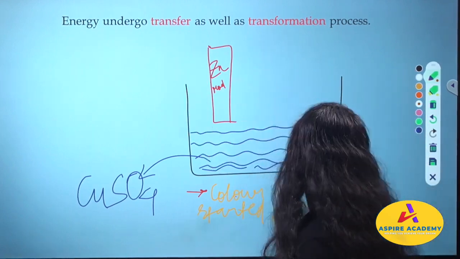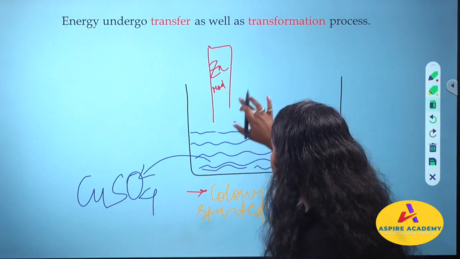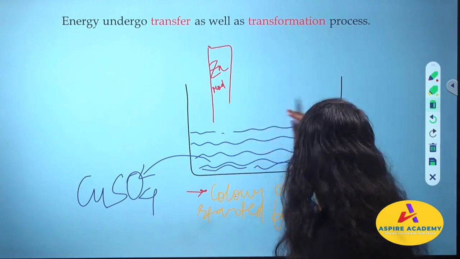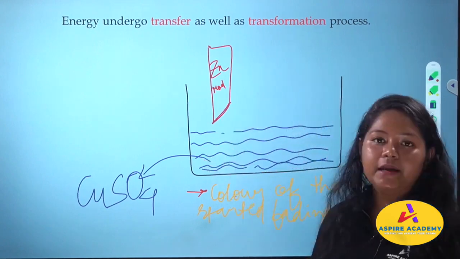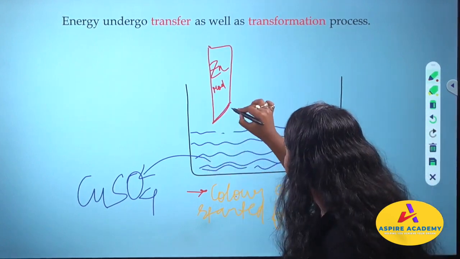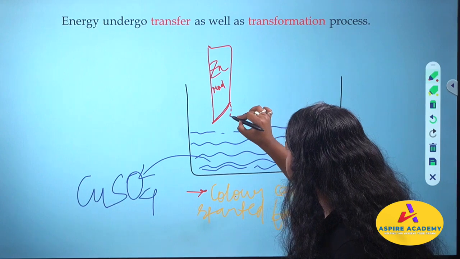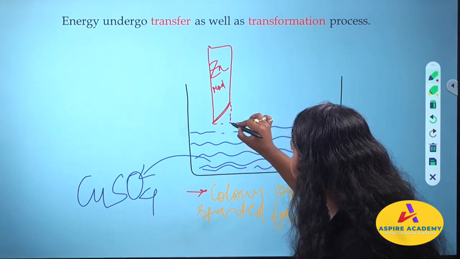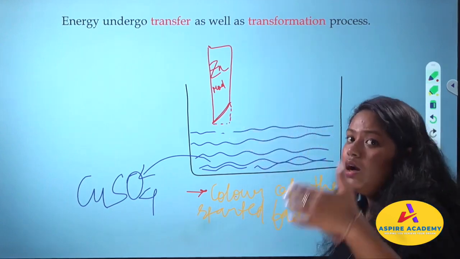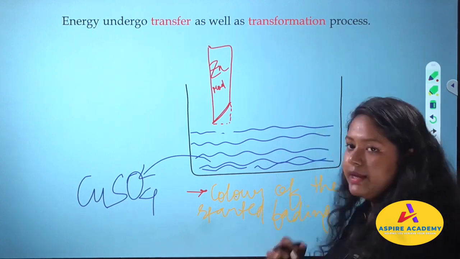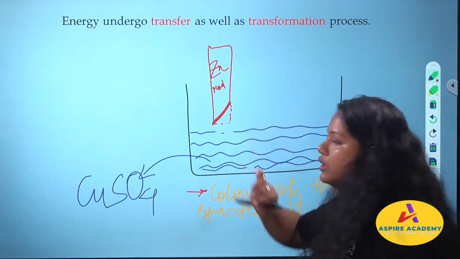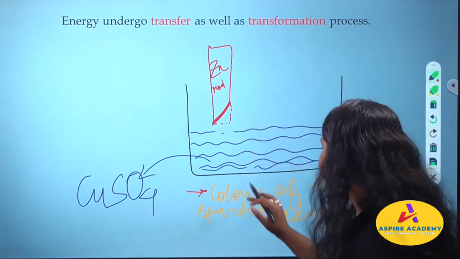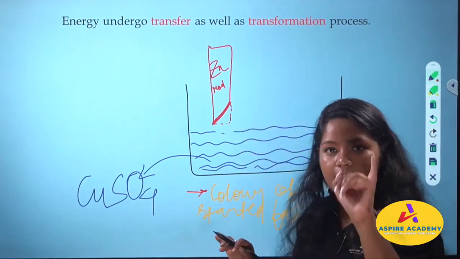The size of the rod was getting reduced, and it became like this. Initially it was, I am making some imaginary line so that you can remember that actually the size was this much. Now as time was gradually passing by, the size of the zinc rod became this much. That is, the color of the solution started fading.